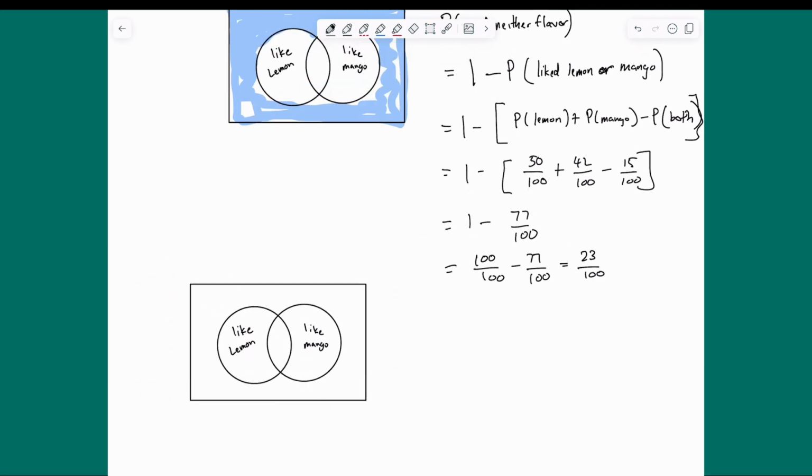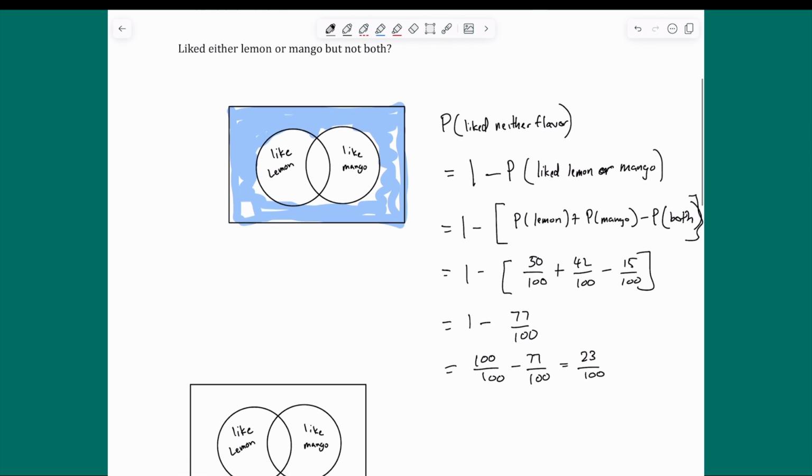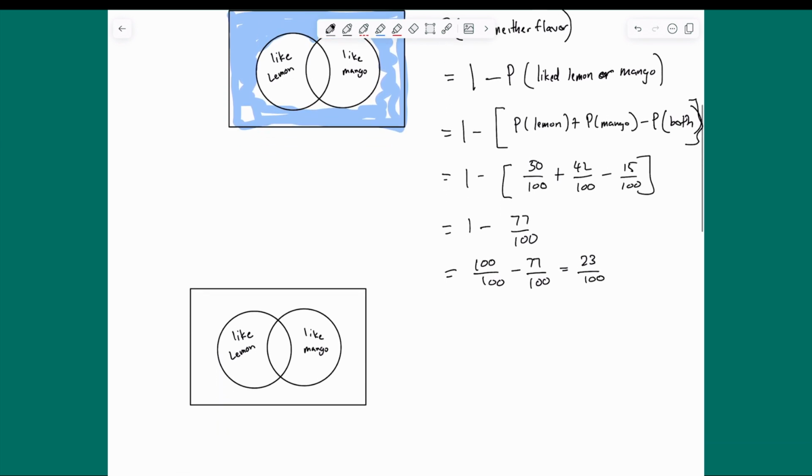Okay, so using the Venn diagram, we can find the probability that they liked either lemon or mango, but not both. So using our picture here, we can see that it's the portion here that liked lemon but not mango, and this portion here that liked mango but not lemon. All right, so